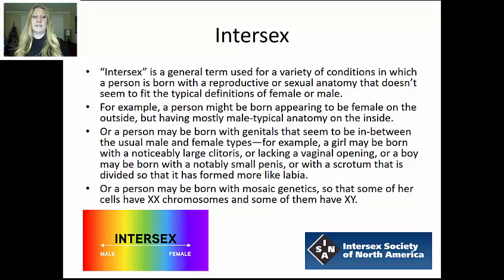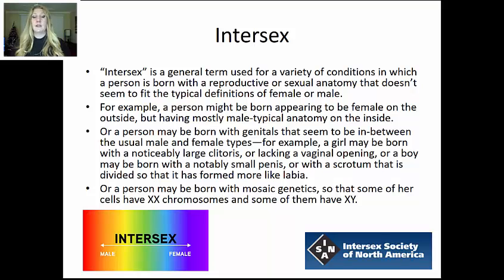Next, we'll talk about intersex individuals. Intersex is a general term used for a variety of conditions in which a person is born with a reproductive or sexual anatomy that doesn't seem to quite fit the typical definitions of male or female. For example, a person might be born appearing to be female on the outside, but having mostly male typical anatomy on the inside. Or a person may be born with genitals that seem to be in between or a hybrid